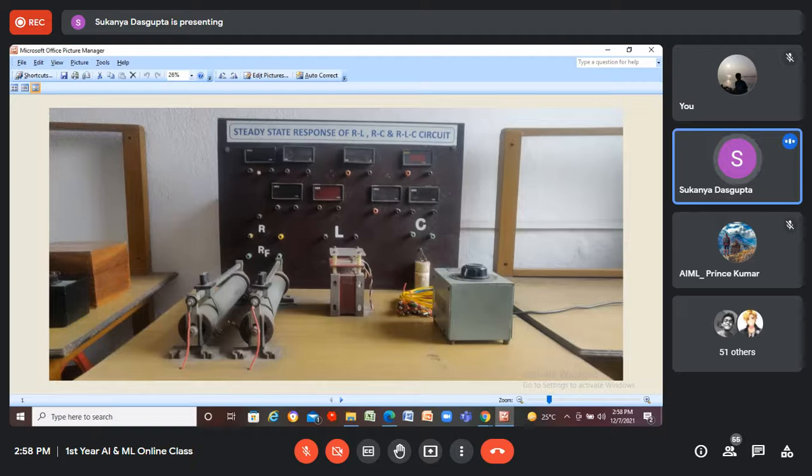Because ammeters and voltmeters can be of DC type also. For a DC circuit, we need DC instruments. So both DC ammeters, DC voltmeters and AC ammeters, AC voltmeters are available. They are mainly classified as moving iron instruments and moving coil instruments. Moving coil means the DC instruments. Moving iron means AC instruments, and sometimes moving iron instruments can be used for a DC circuit also. But these are digital instruments. That is a special category. Instruments can be of many types.